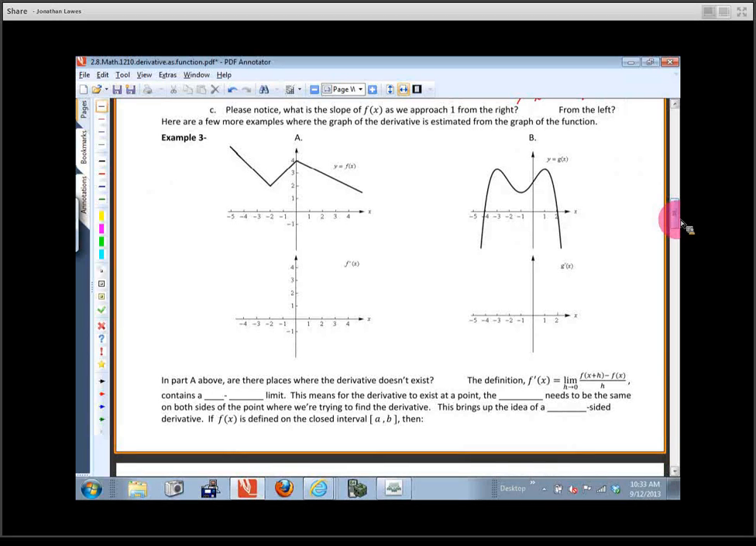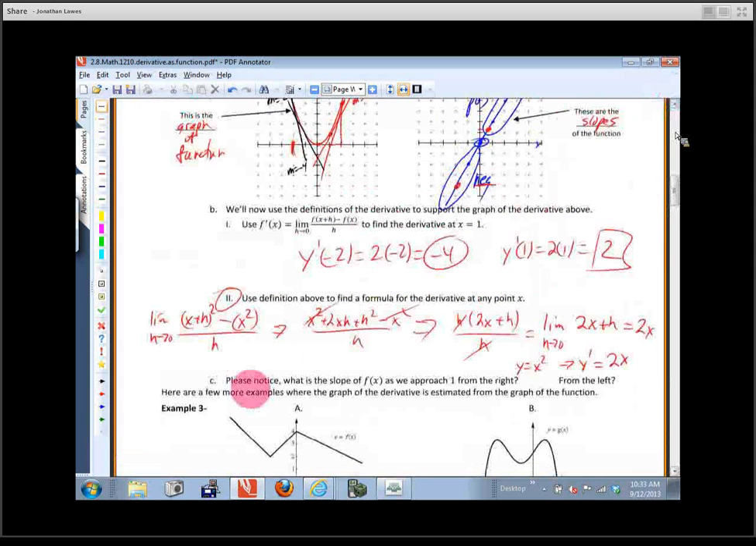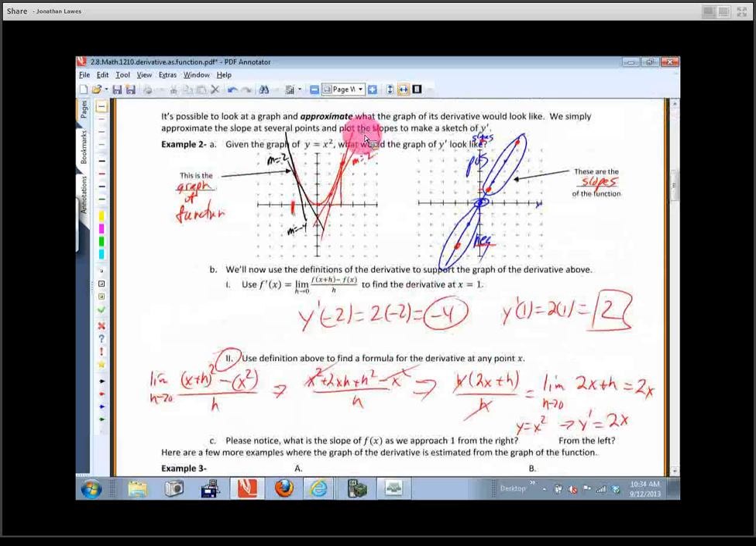Okay, so let's take a look at a couple of these examples. Oh, let's see. I do want to do this right here because this will help in just a second. It says, please notice what the slope of f of x is as we approach 1 from the right and from the left. So if we were to look at this picture right here,